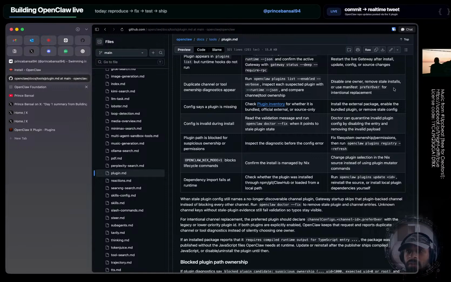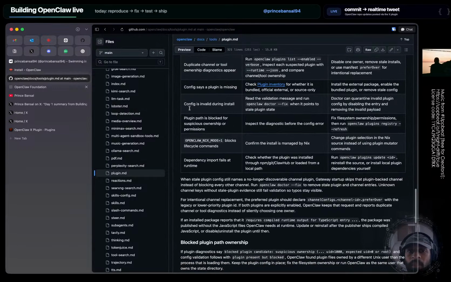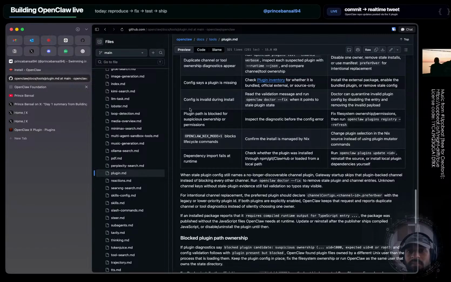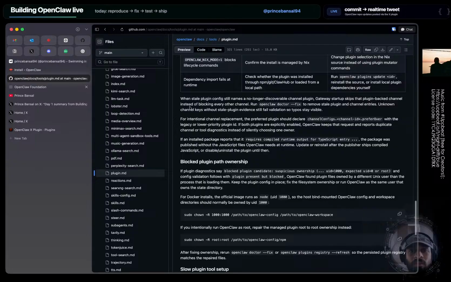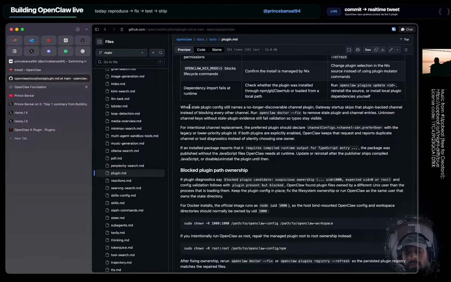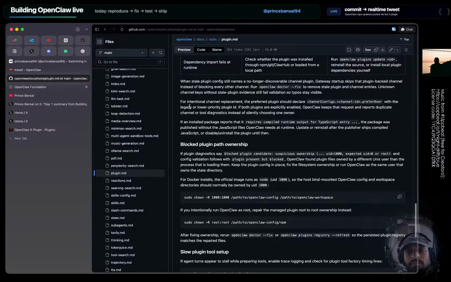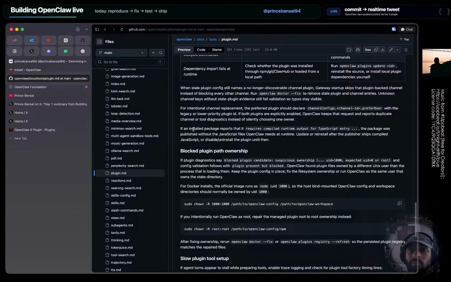Disable one owner, remove stale install. Okay, config says a plugin is missing. These are all troubleshooting. I don't think we need to go through them. This is more for when you are actually working with plugins. That's when you come here. Right now, we are more interested in the architecture, philosophies,